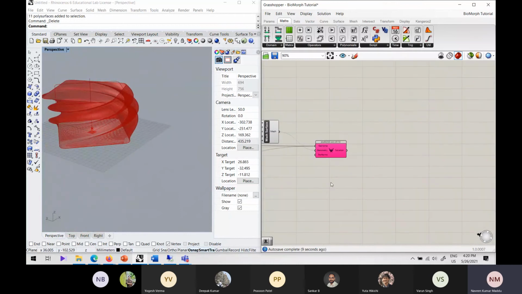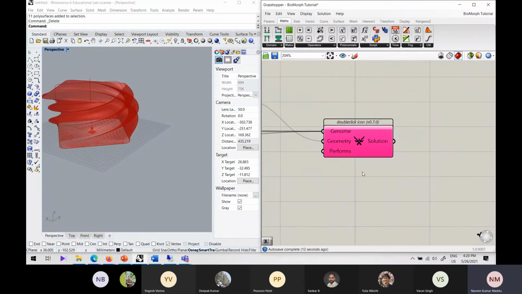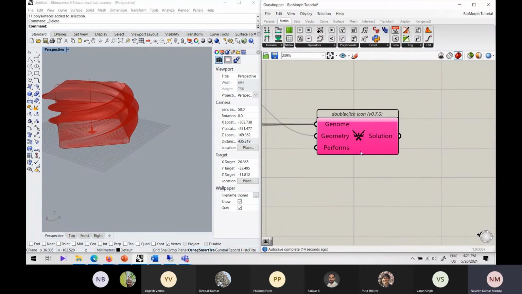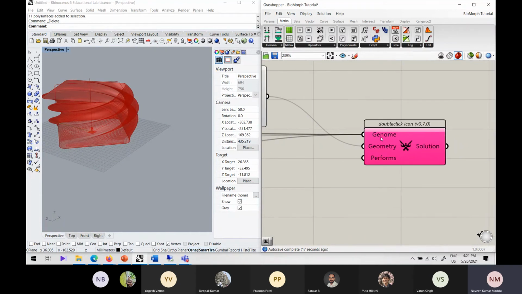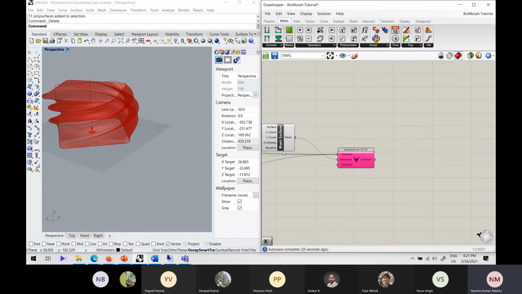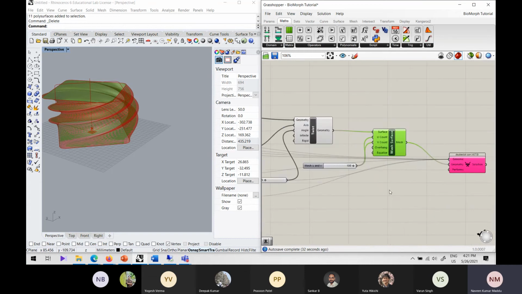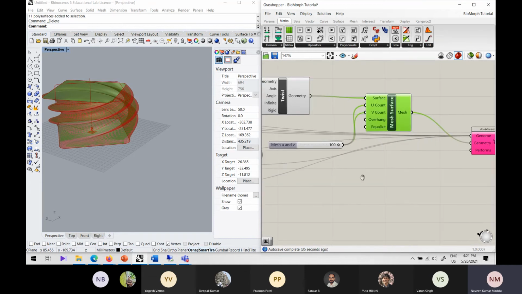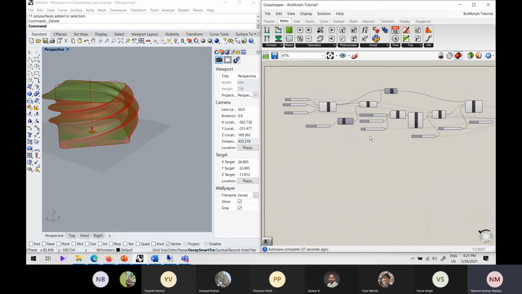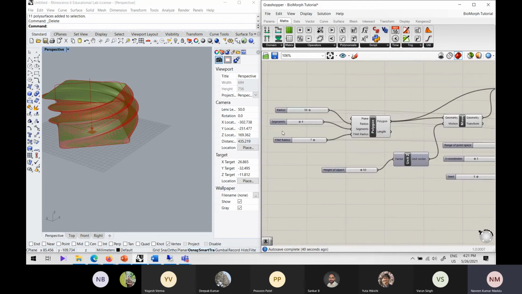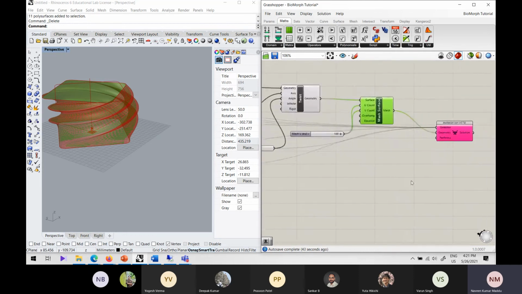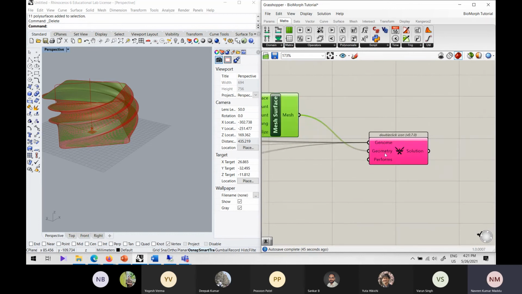And now there is another component which is available, and that is called Biomorpher. This has some inputs, that is genome. This runs with the help of a genetic algorithm. And you give the geometry. Geometry is nothing but the mesh that you have created, and genomes are nothing but the parameters that you want to control. So all the parameters have been plugged into this genome input. Like I told, the radius, segments, fillet radius, all these things have been input into this genome, and this is your geometry.